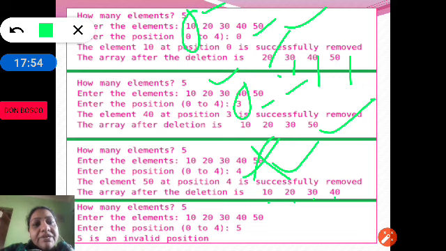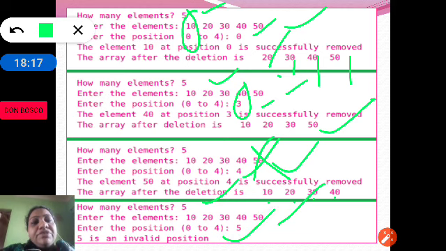Enter how many elements? We are giving 5. So 10, 20, 30, 40, 50 is given as input. Then we enter the position. The position given is 5. As there are only 5 elements and the last position is 4, as 5 exceeds the last position 4, we are giving invalid position.